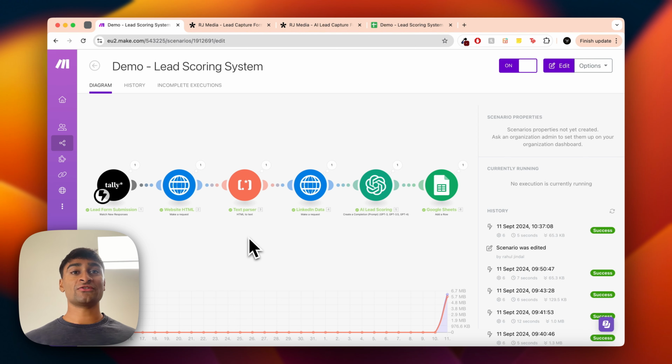If you have a bunch of leads coming through, you should have a lead scoring system in place. This is something which is used by pretty much every major company. Google, Apple, Meta, Amazon, Microsoft, all these companies have lead scoring systems. And now with AI becoming a lot more accessible to smaller sized businesses, this is definitely something you can also implement to make more sales and help you focus your time and attention on the leads which actually align with